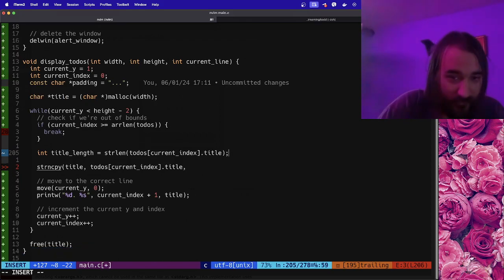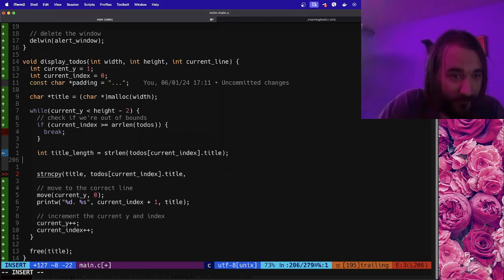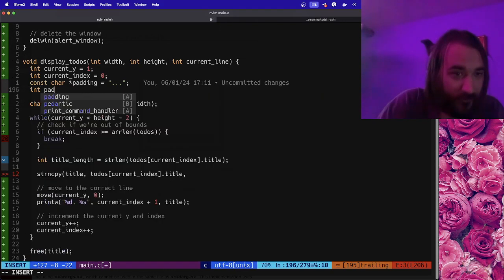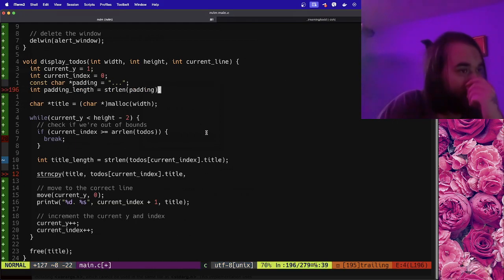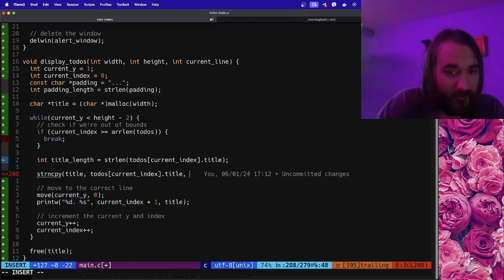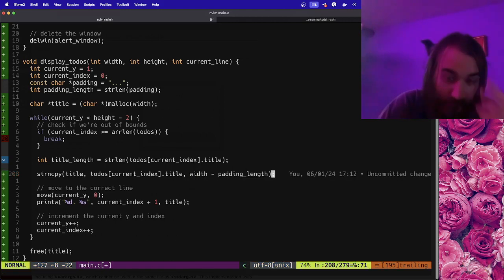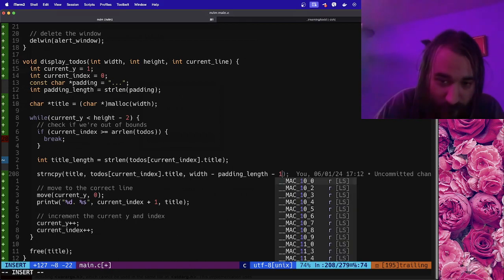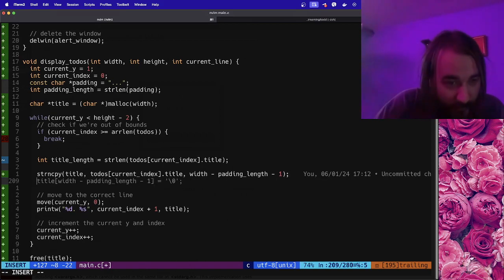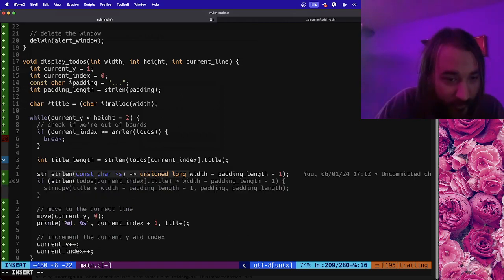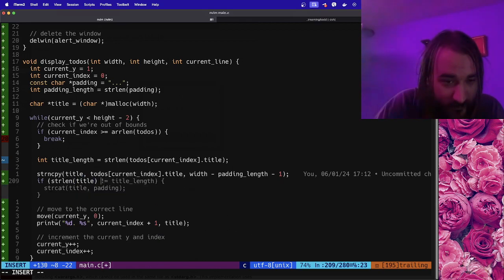And basically what we're gonna do, padding length, we're gonna do width minus padding length minus 1, and then what we're gonna do, if len of title is,